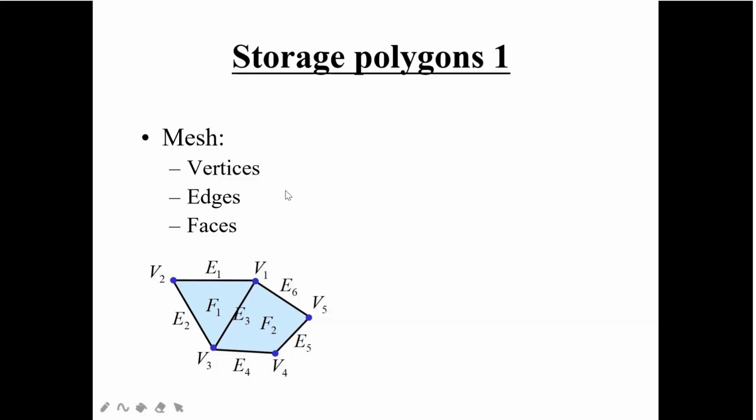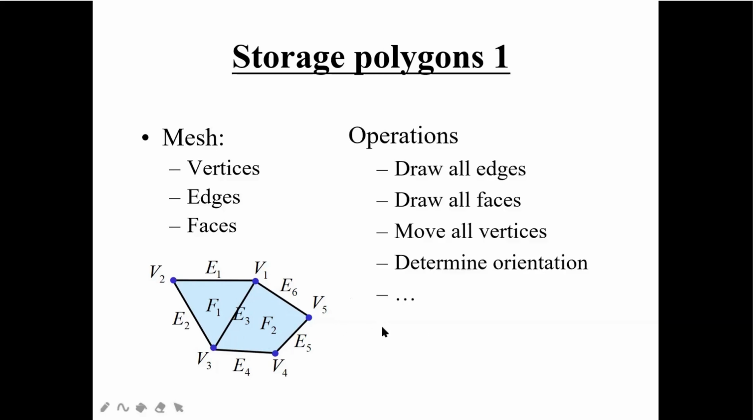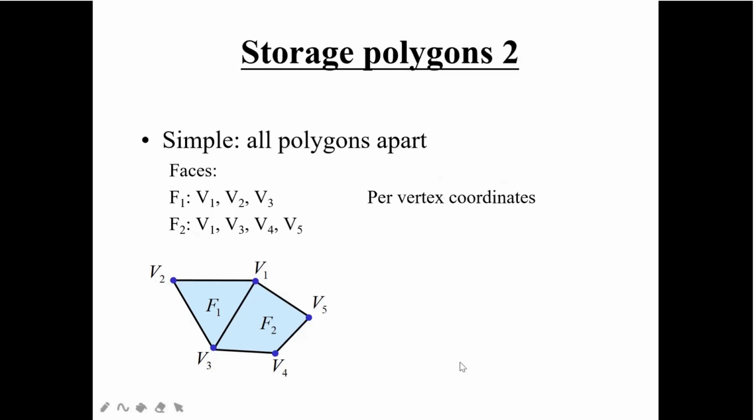Because you are going to get one more small question of 4 or 5 marks to find out all the vertices name and the edge and the face name. So you can see here what you are going to do, how you are going to perform the operations. First you have to draw all the edge, then you are going to draw all the face, then you are going to move all the vertices. Once it will be done, you are going to determine your orientations. Okay, so here you can see one more storage polygons where we have the simple polygons and we have some face. How you are going to write it?